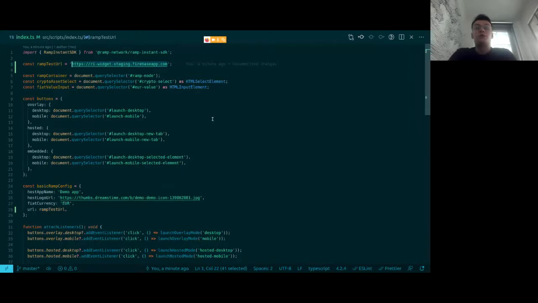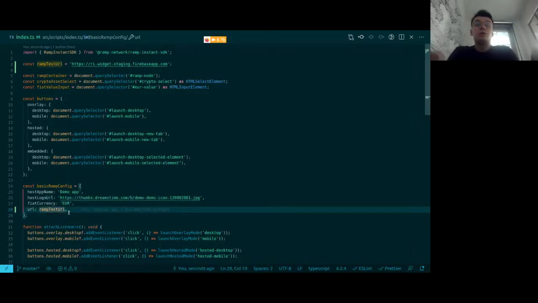In the production version, which is the default, you just remove this part and boom, you go to the production. So testing it locally is just as simple as providing a URL to the widget. In the production version, you obviously have to pay for your transactions so that they go through and you receive the crypto. But